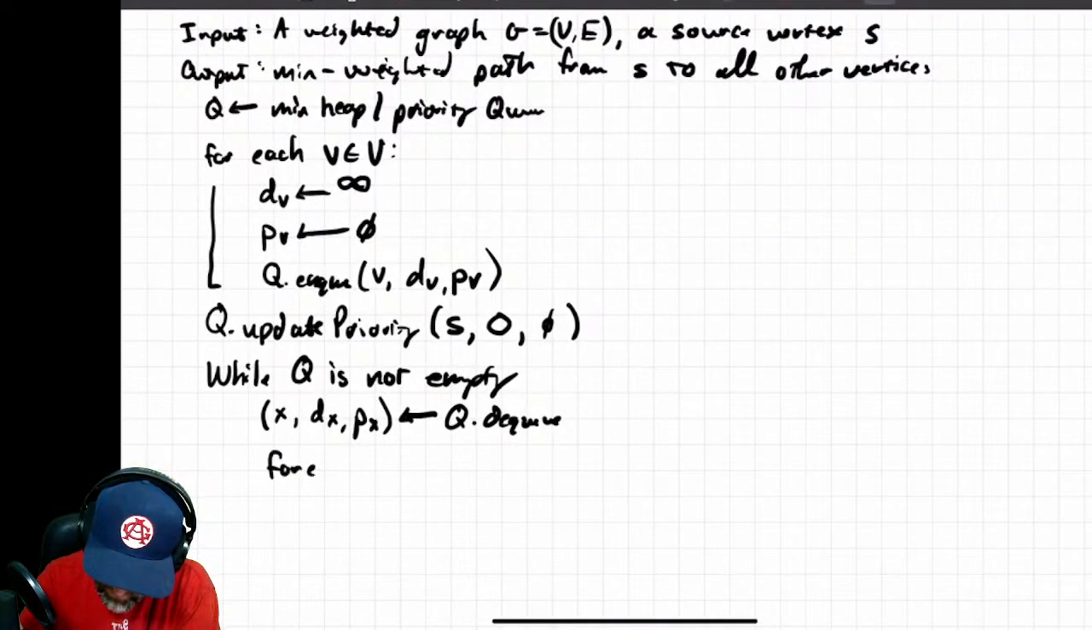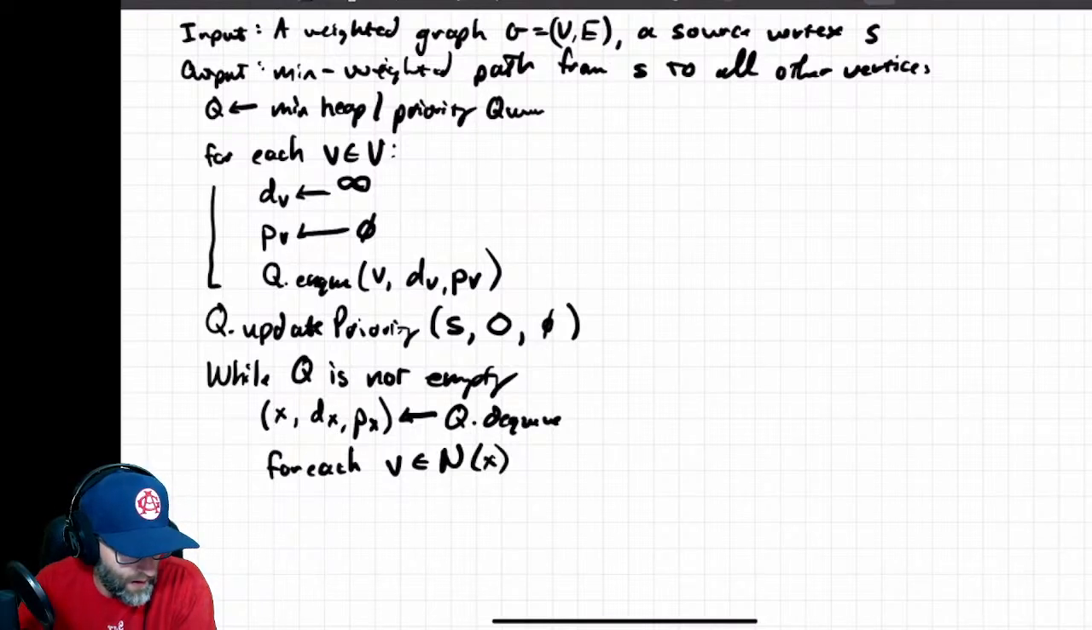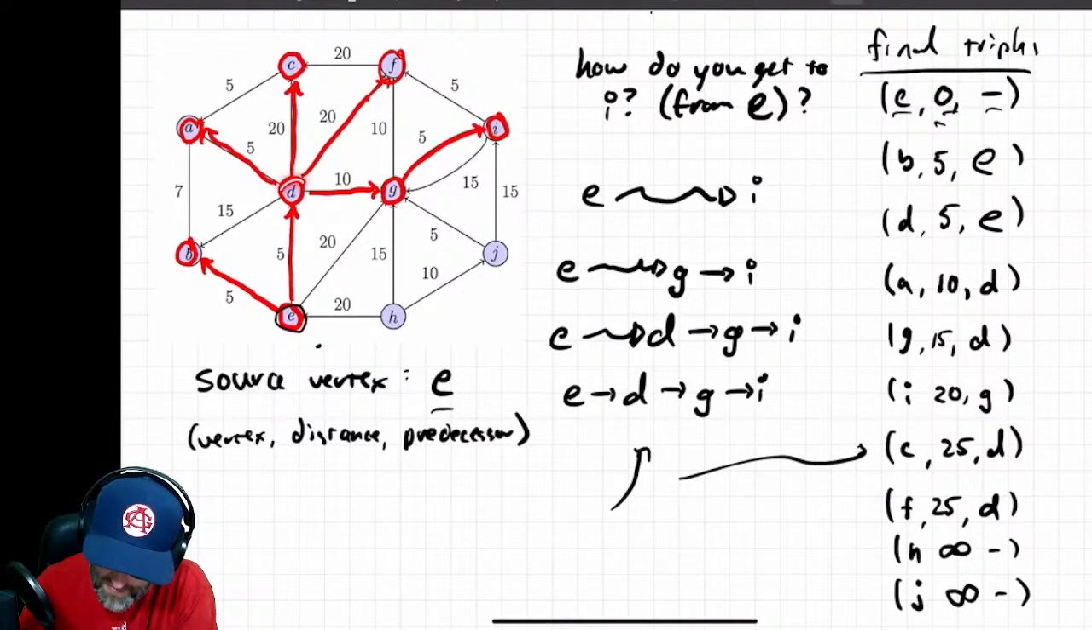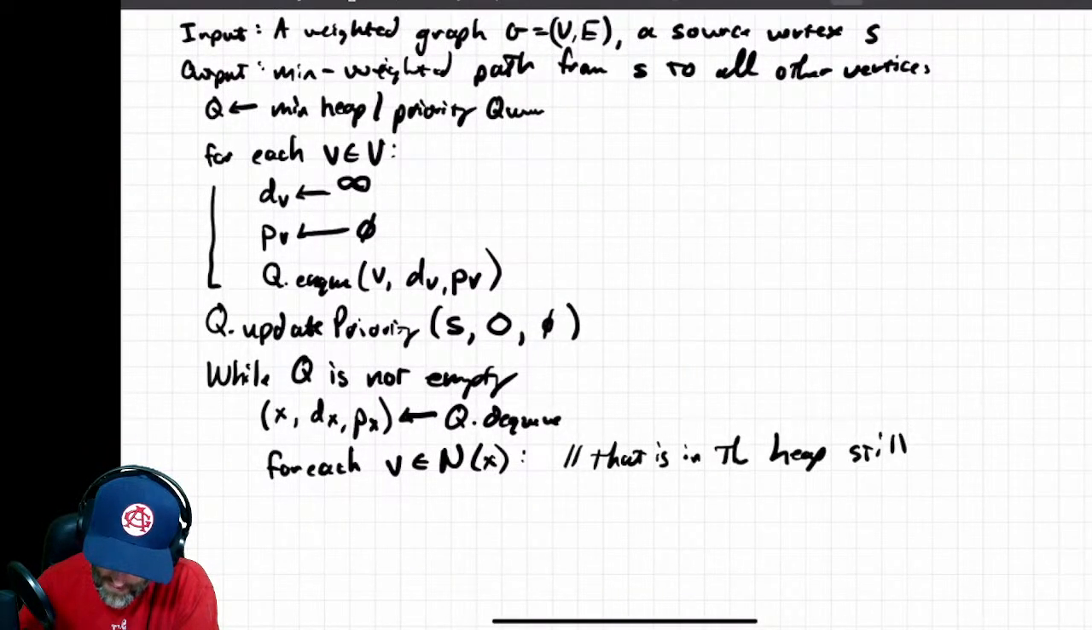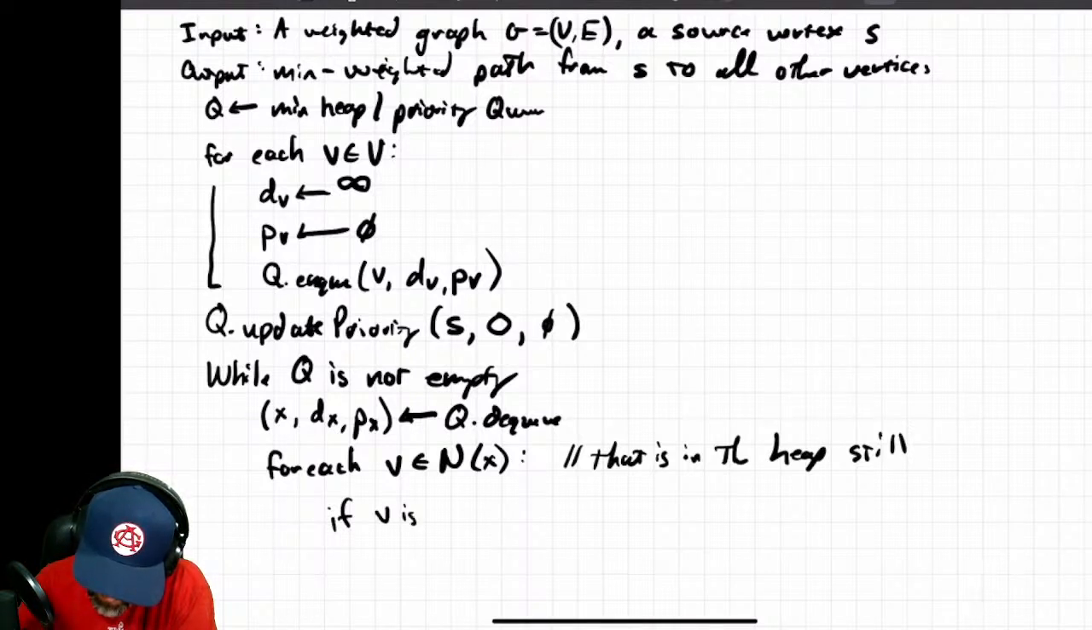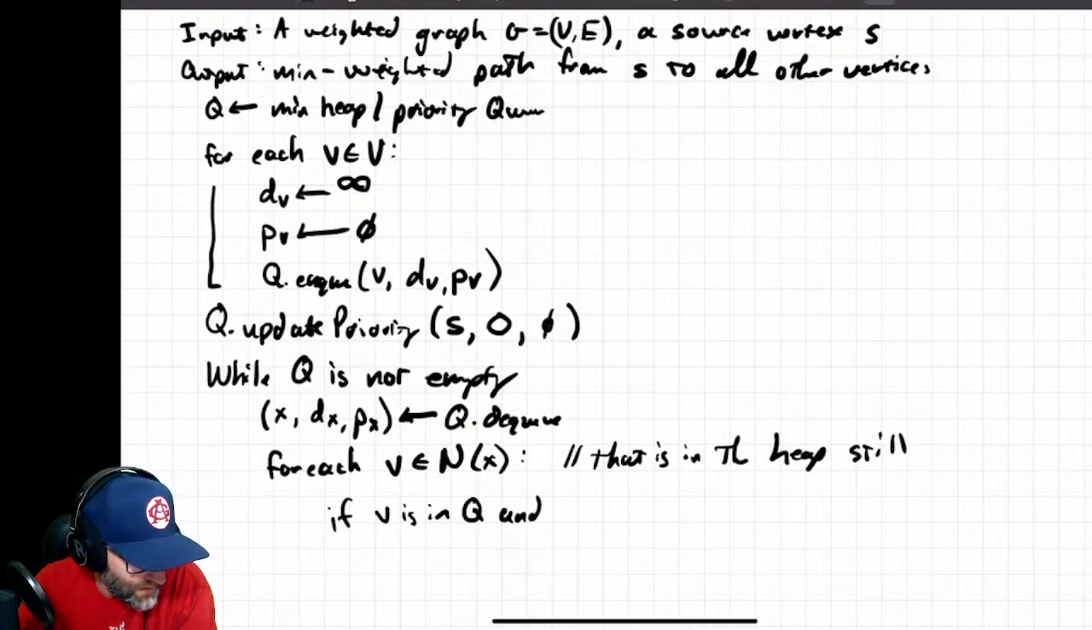Now for each vertex V in the neighborhood of X, what I'll do is check that V is still in the heap. Because again, we never backtracked. Once D was solidified, we never considered anything that went back to something that was already part of the tree. We basically built a minimum distance tree here, so we're not going to consider those things anymore. For each element in the neighborhood, if V is in Q,